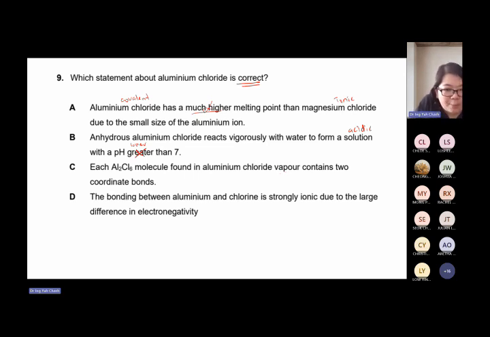C: each Al2Cl6 molecule found in aluminium chloride vapor contains 2 coordinate bonds. Okay, this whole statement is correct. It has 2 coordinate bonds, correct. Al2Cl6 in vapor, also correct. So C is correct. Now, if you cannot remember,